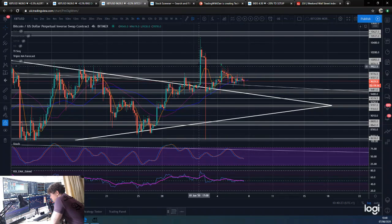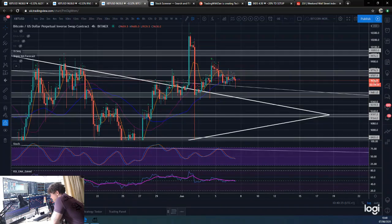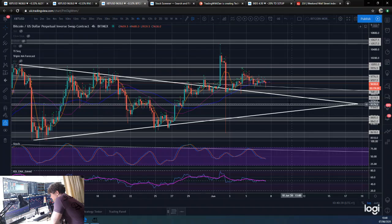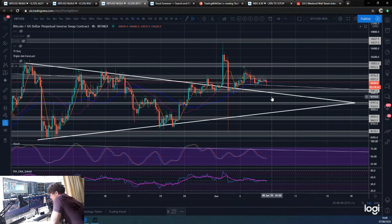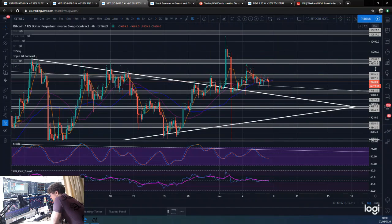I don't mean a candle straight up like this, but I believe this was a bit more scammy price action, so I believe more organic price action will break above here, trade around here, and then trade above 10,000. That for me is the most likely scenario. But obviously it's very easily invalidated by trading below 9,400. So it's a difficult zone to trade because you want to really be looking,